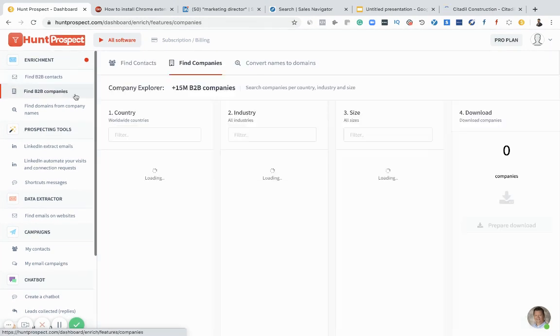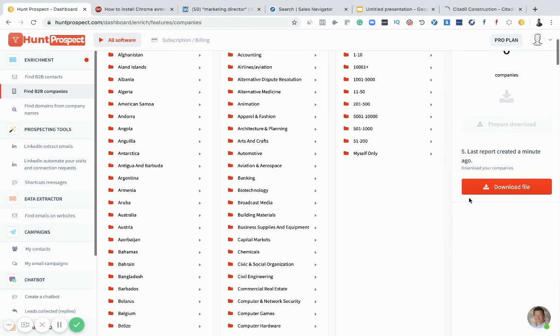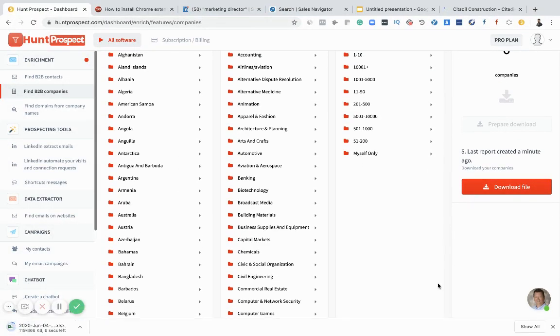So let's say now I'm going back. I just click on download file.